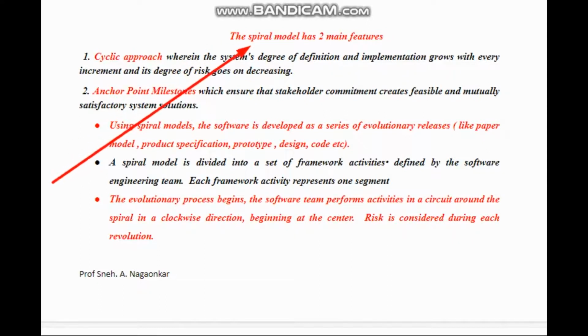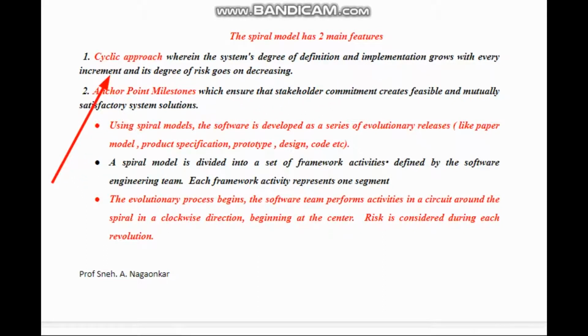The spiral model has two main features. The working of this spiral model is basically carried out in two features. One is the cyclic approach and the second is the anchor point milestone. So what is the cyclic approach? As I told, it is nothing but the system's degree of definition and implementation. Implementation grows with every increment.